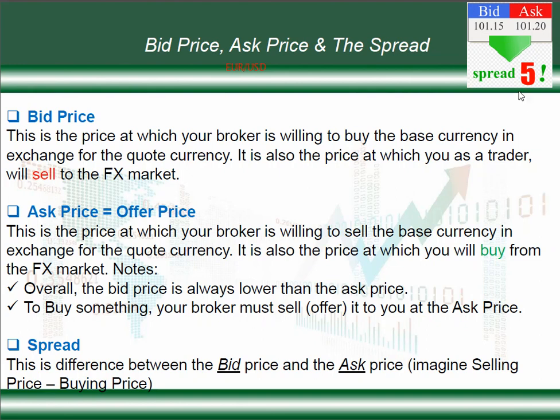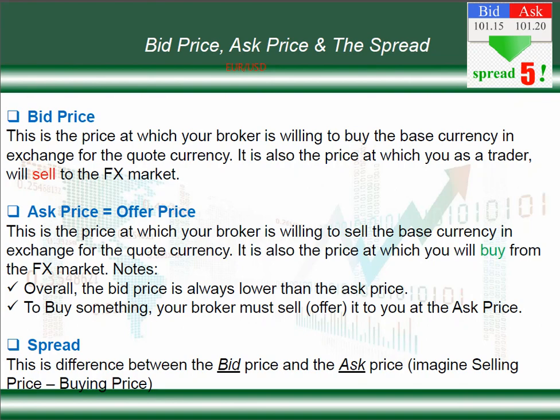Now look at our image here. Whatever currency pair is here, don't worry. Remember we said the bid price is the price at which you sell to the market. The ask is the price at which you buy from the market. The difference between these two, you can take the greater, ask minus bid in this case. You just ignore the negatives, even if you were to subtract the other way around. So it's 101.20 minus 101.15. The difference is 5. Don't worry about the decimals. It's still 5. So the spread is 5.